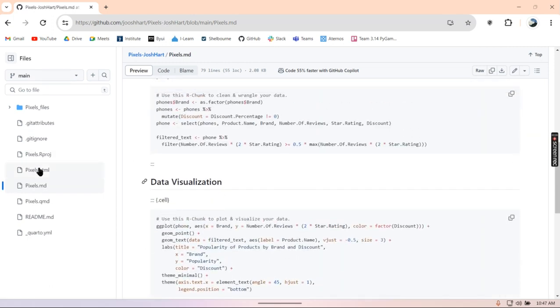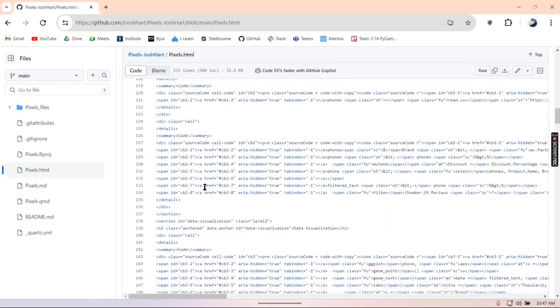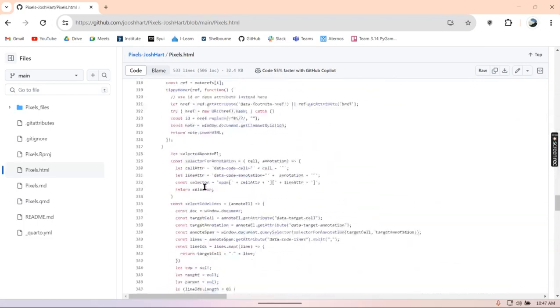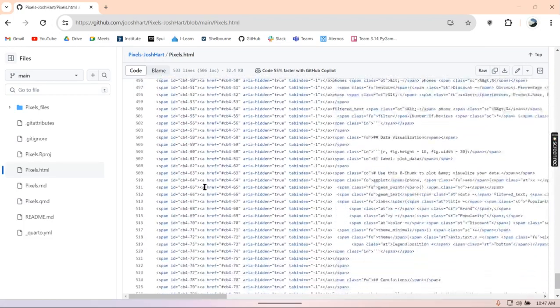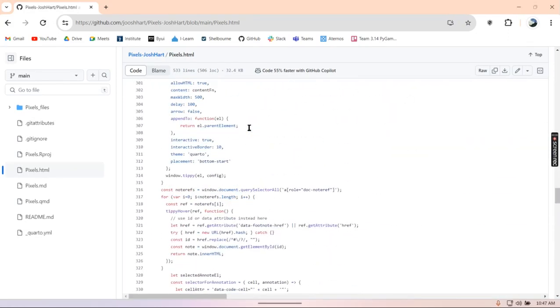There's also an HTML if one wanted to see the HTML form of it. Bit harder to see, but there it is. And if one were to actually look at this in HTML format,